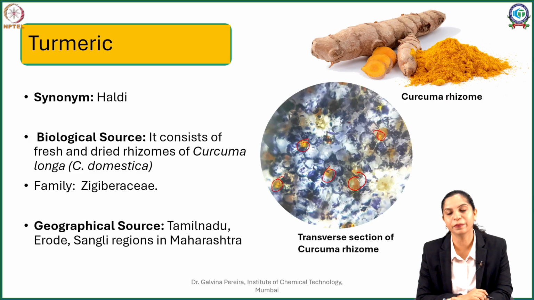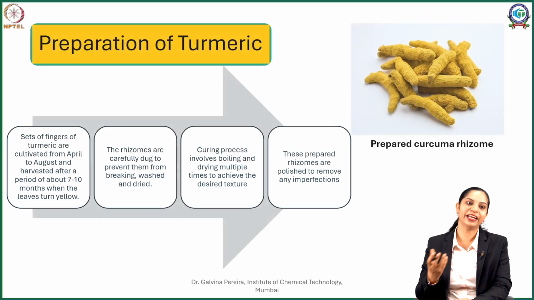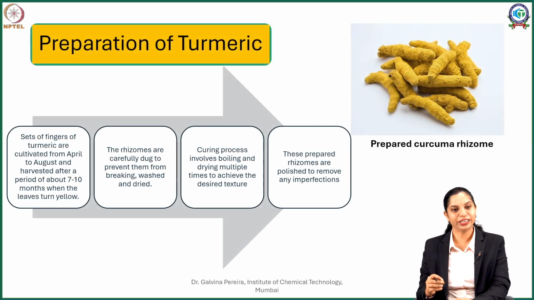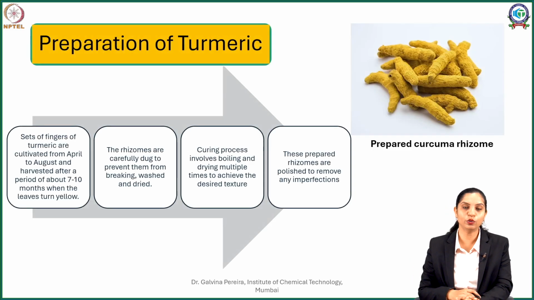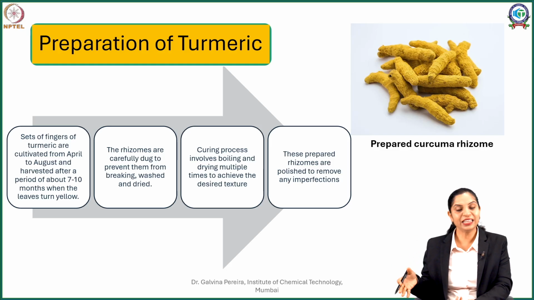So if you see turmeric, turmeric is a plant, again cultivated. Mostly what is done is the fingers of it are cut in a manner very similar to that of your ginger and cultivated in the summer season. Very likely it is in the same way, like an annual plant. It will start blooming, and once the leaves turn yellow or dry in color, you can dig up the rhizomes. Again, these rhizomes are carefully picked.